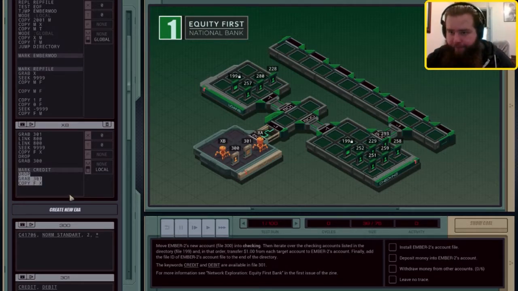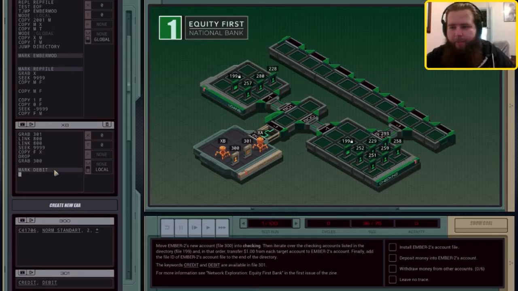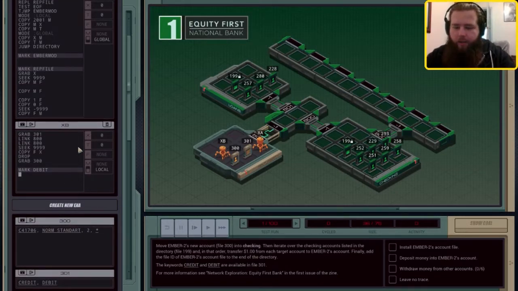So hang on, I'm just going to grab this, get rid of this. So this will be, we'll call this the debit step. So this is the debit step where we're going to send the account number and the debit in that order. And we've got the account number. We don't have the account number. Or we have it, but it's in the file. So what we need to do is,